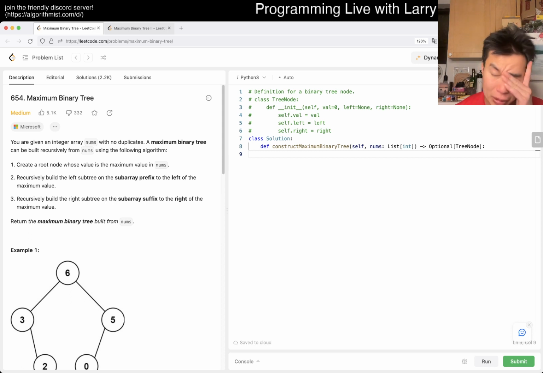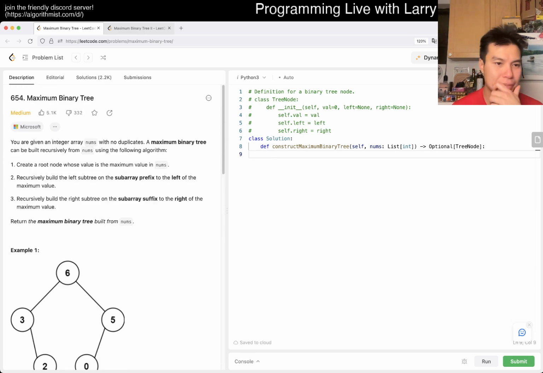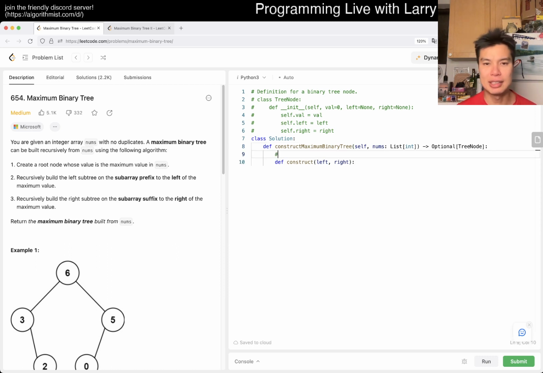What does this remind me of? It's not quite the same, but it is the same idea as sorting structures, right? But it's not that bad. So the way that we can think about it, we'll just have a construction function, and here we want the left and right. Yeah, I guess that's it, right? And basically what this does is recursively